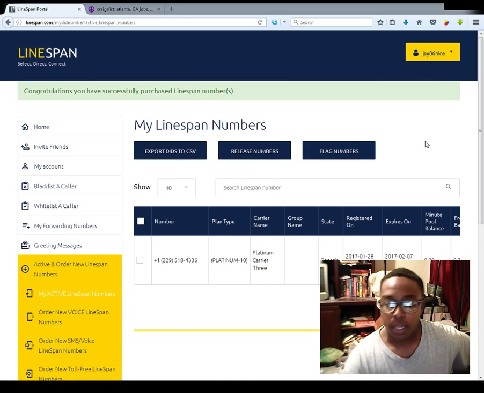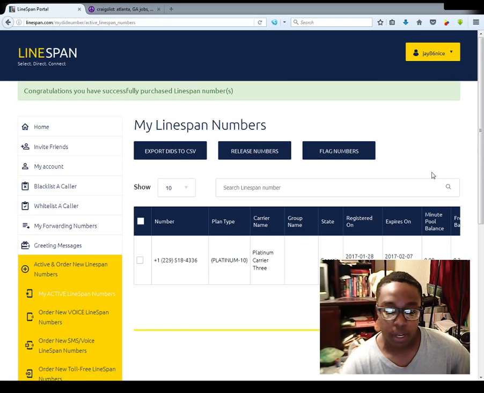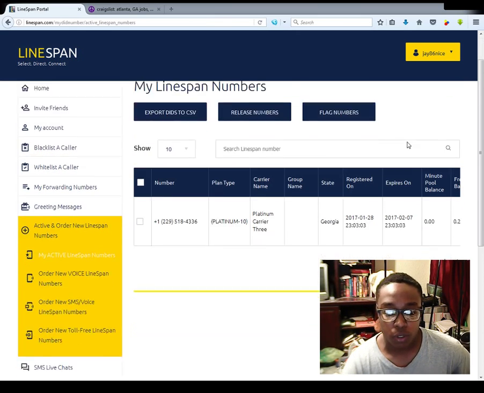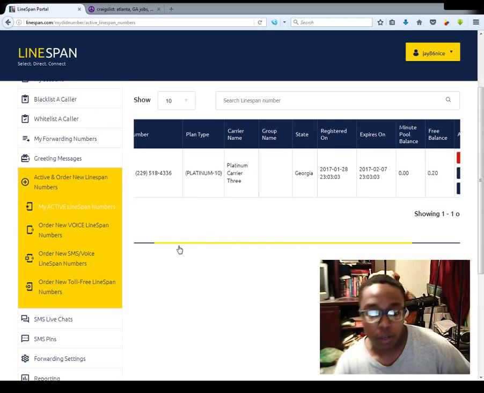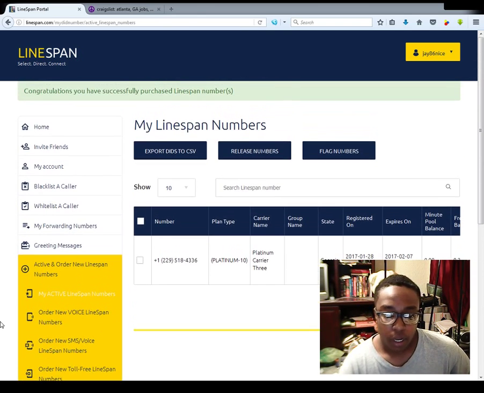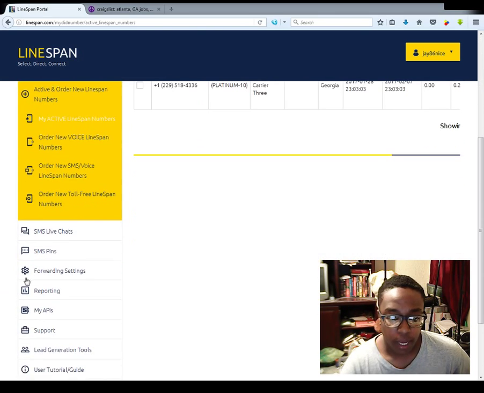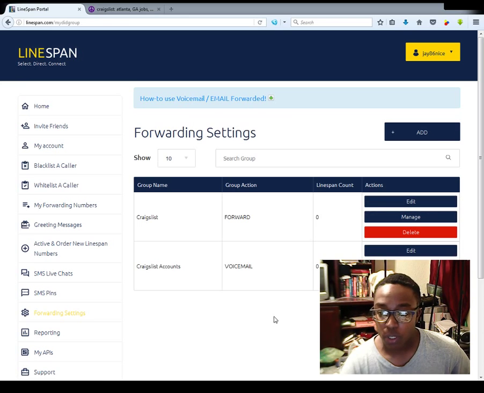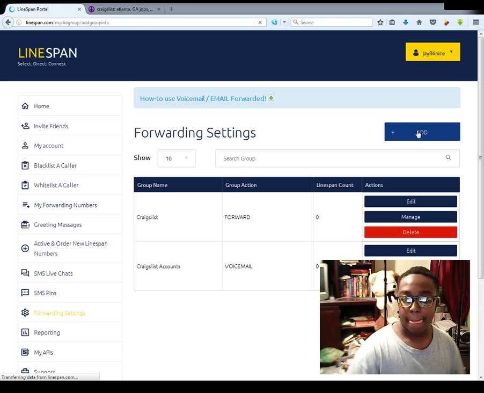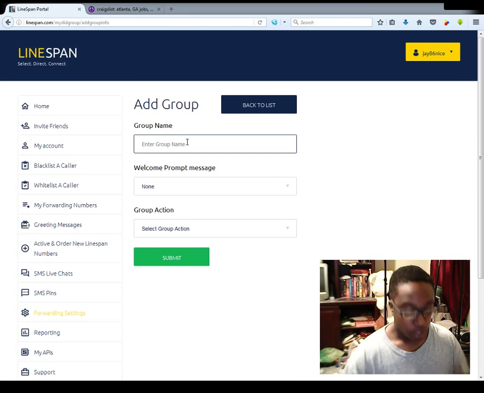So now once you've done that, now you actually own that number for the next 10 days, which is perfect. So that step is done. Now the next thing that you want to do is you want to add it to a group. Now I have a couple of groups that are here. I'm going to see if I can create another group, just so that you all can see how it is exactly to do so. So you click add if you want to add a group. Then you need the group name. So I will call it Craigslist